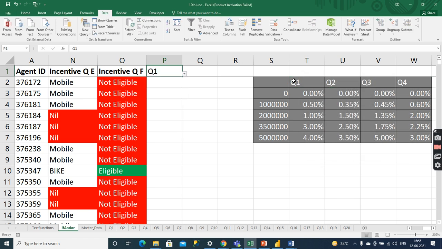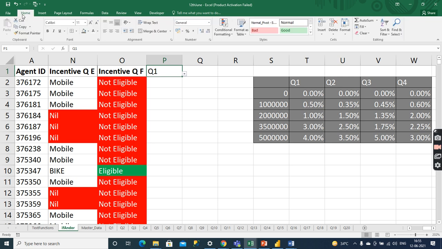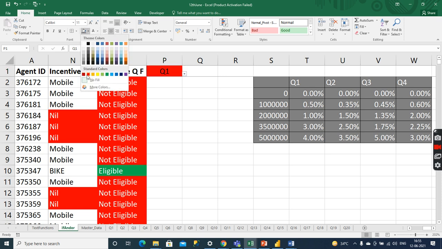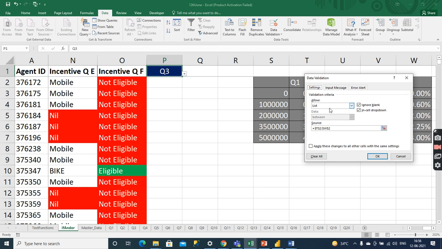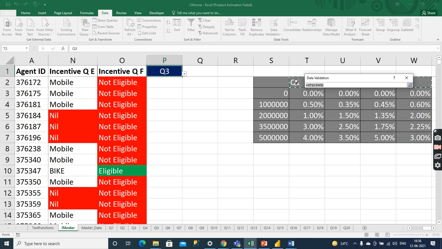So you can see we got the list, right? How did we create it? Go to Data, click on Data Validation and select the range, from where I have to take the data.